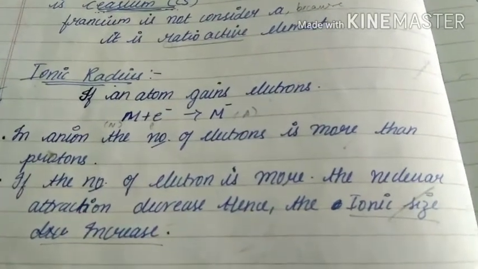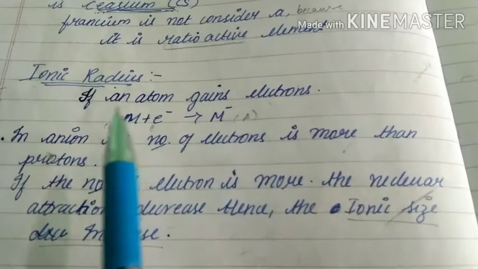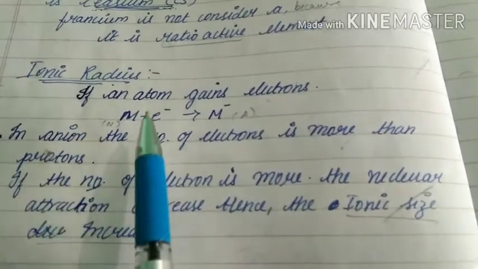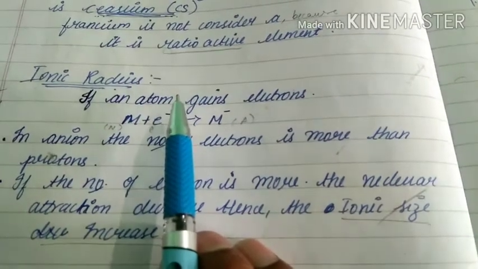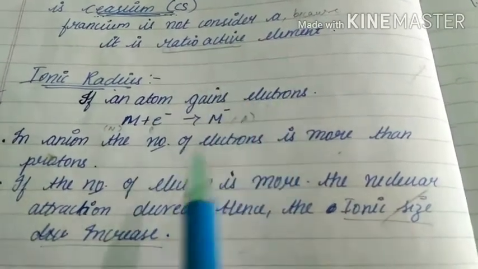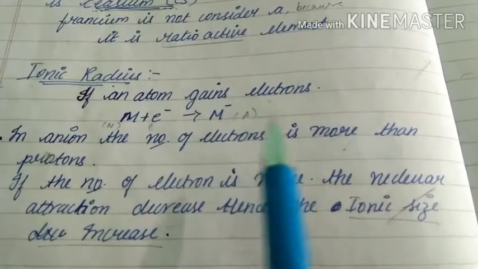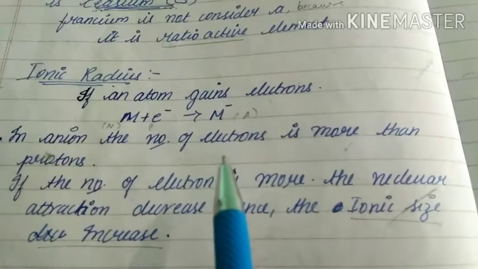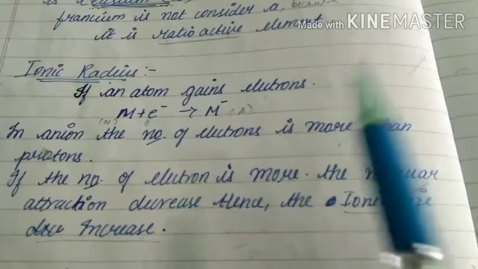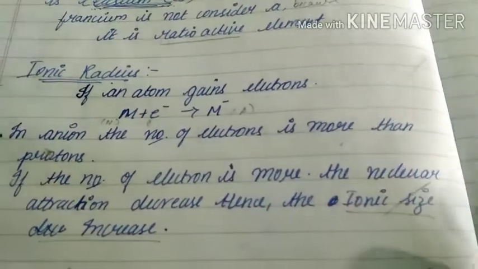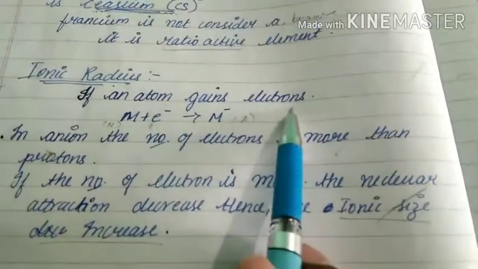So before going to discuss about ionic radius, we will discuss some points regarding ions. Ions are what? Cation and anion. Cation means positively charged species are called cations. Negatively charged species are called anions. How are cations formed? How are anions formed? See, if an atom gains electron,